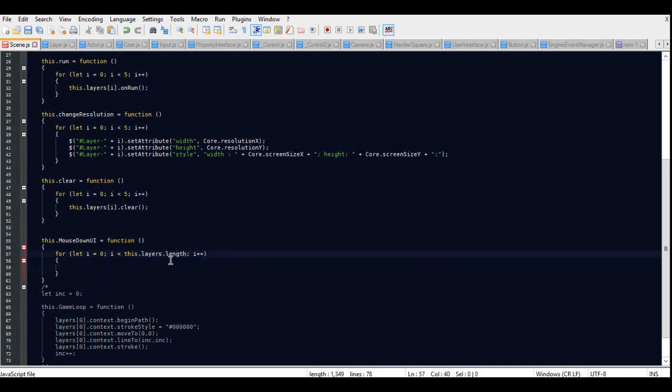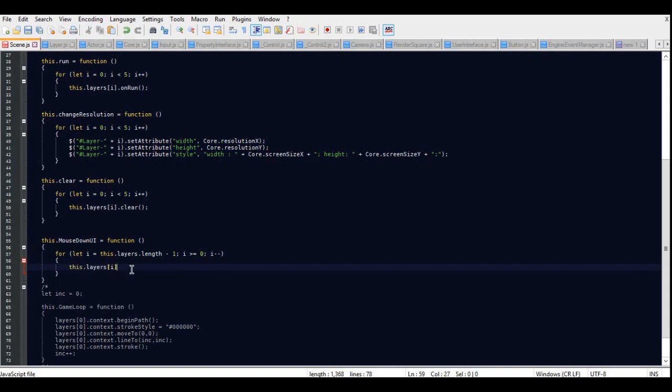and we actually want to do it the opposite way around, so we are going to set this to layers -1, and we're going to do this while it is greater than or equal to 0. And minus minus. Seems fair to me, so then all we're going to do is this dot layers